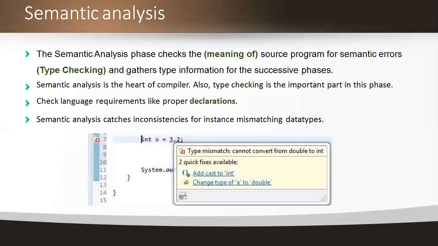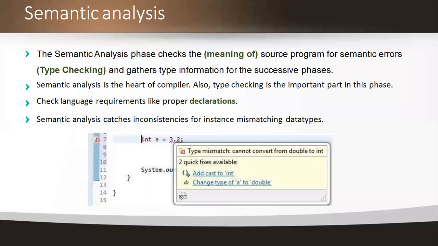See, here we have an example in the slide. Int a is equal to 3.2: a variable a of data type integer is assigned 3.2, where 3.2 is a double, or we can take it as a floating point. But when I run the program, I get an error right there. What type of error is it? A type mismatch error, because I am assigning to a data type integer, but the value I gave there is 3.2.